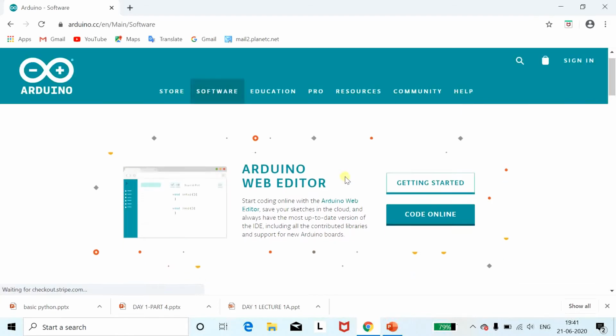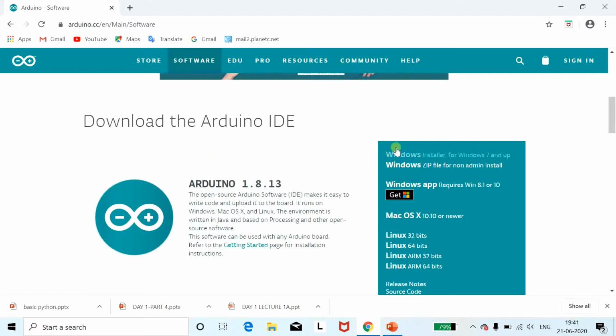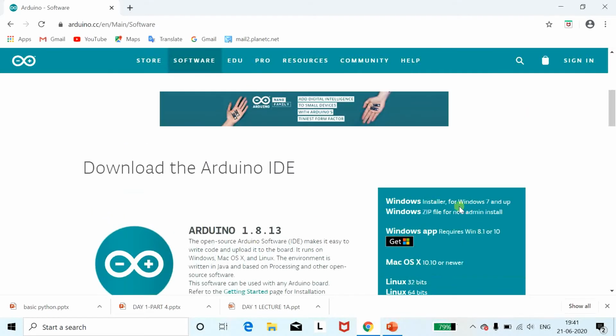Once you click on download, it will ask you for which system you want to download. Like you want to download for Windows 7 and up, means Windows 7 and Windows 10, or you want to download for Windows app, Mac OS, Linux and all. I just want to download for Windows 10, so I will click here.